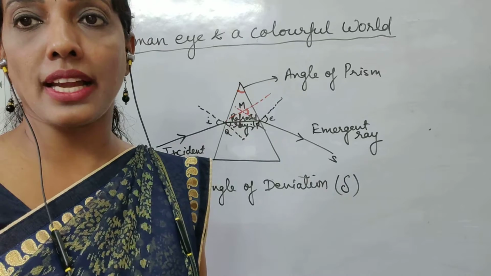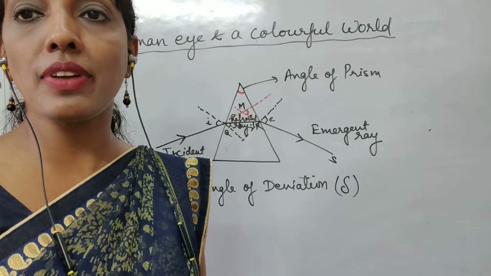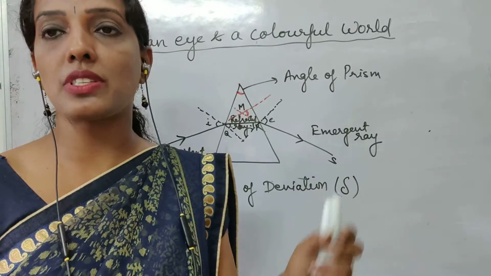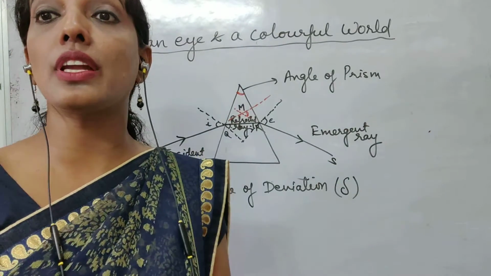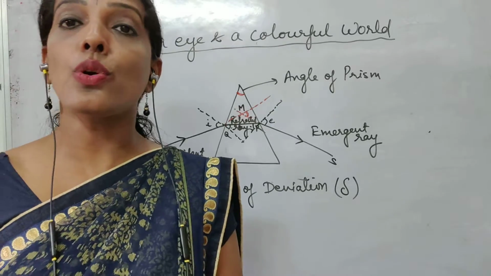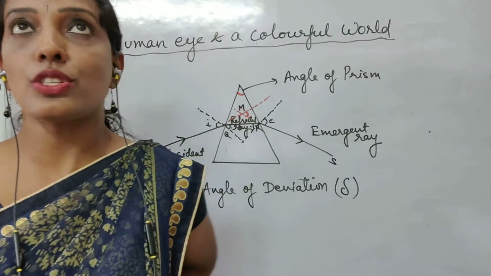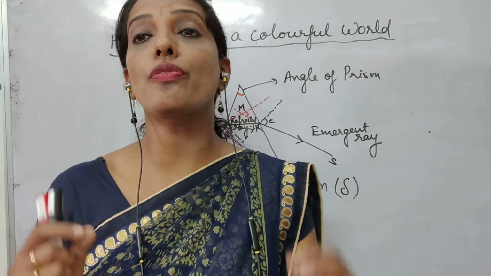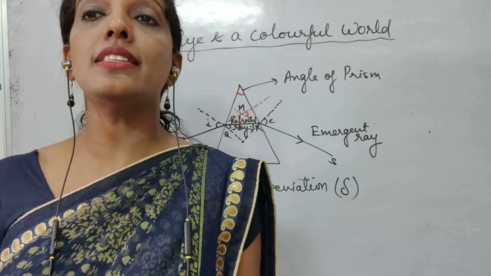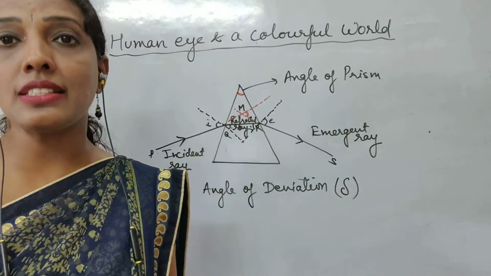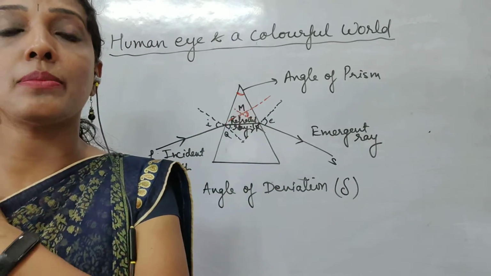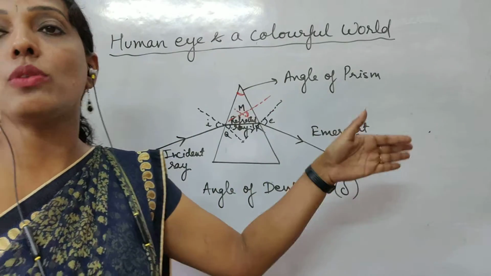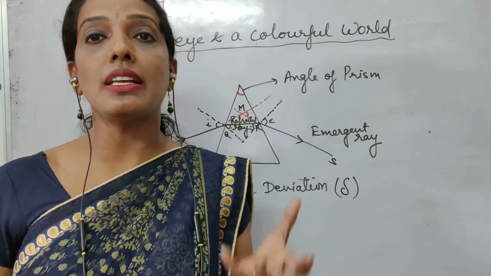That was discovered by the scientists. They found that whenever white light is passed through the prism, it will disperse into different colors. It was discovered by the scientist Newton in 1665 that white light consists of a mixture of 7 colors. Whenever we put the prism and pass the white light, we find that different colors get emitted out.